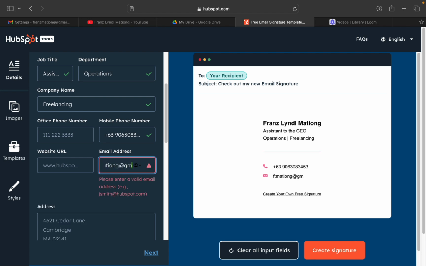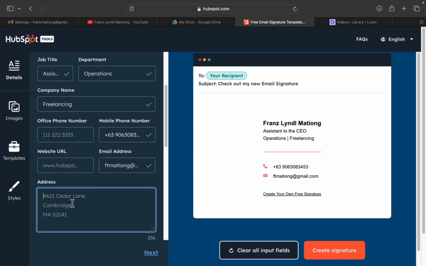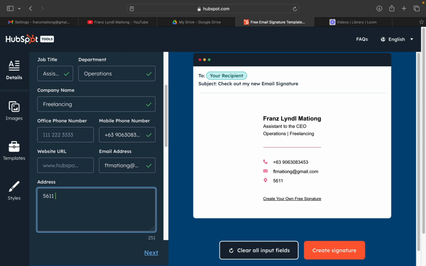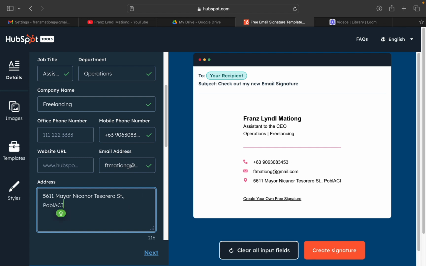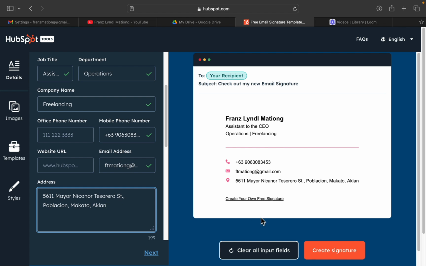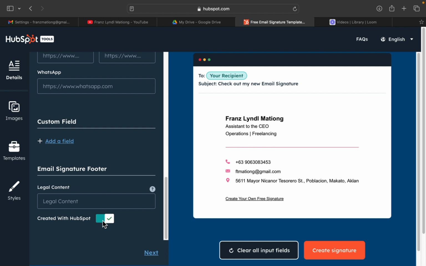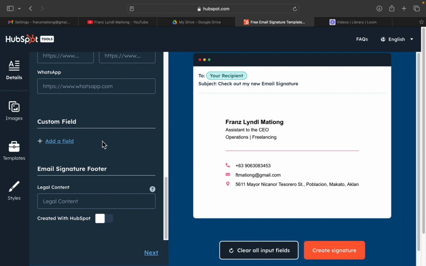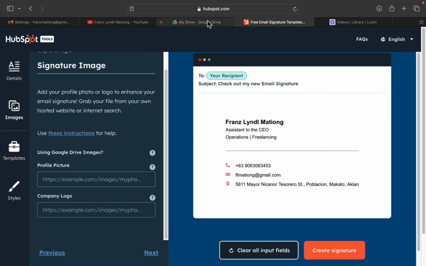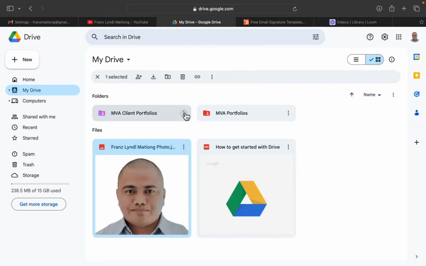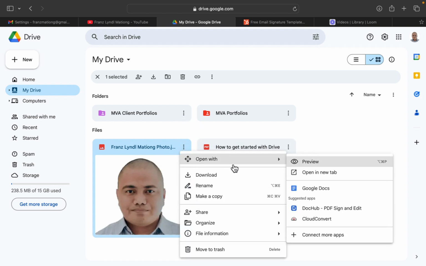You could also use Google Drive, but it is now unable to be used in HubSpot.